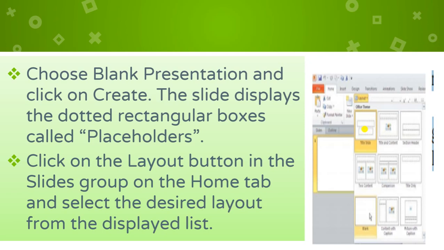Click the layout button in the slides group. In the slides group we are having the layout button, and from that layout button in the home tab you can find it there. You can select the desired layout according to your own choice. On the right hand side they have shown you the different types of layouts we are having in our presentation. You can select any layout whatever you want. If you want to write the comparison between the two numbers or the two digits, you can select the comparison slides. So we are having a number of layouts. You can select according to your own choice.